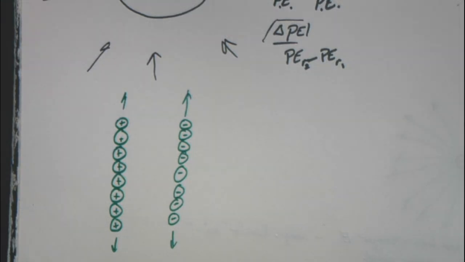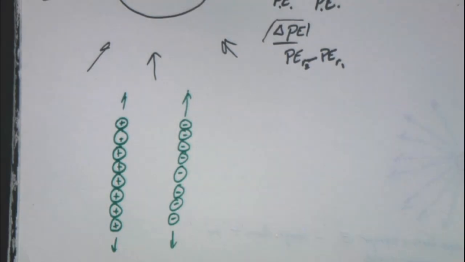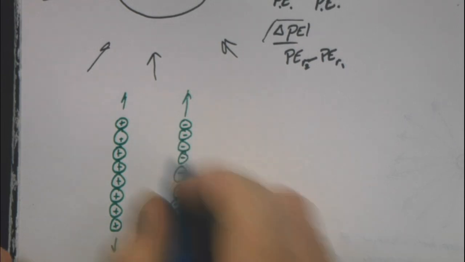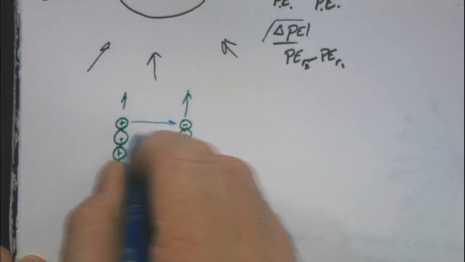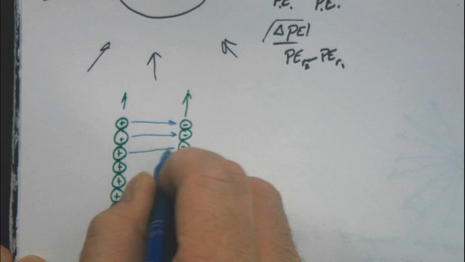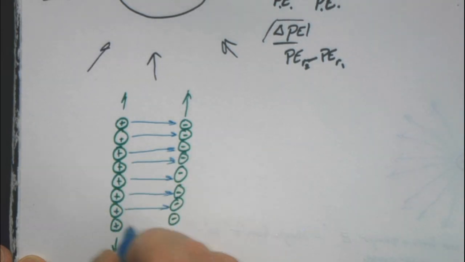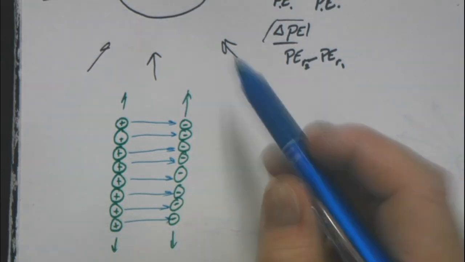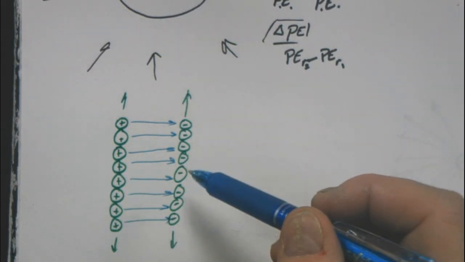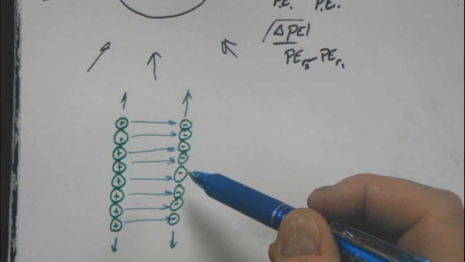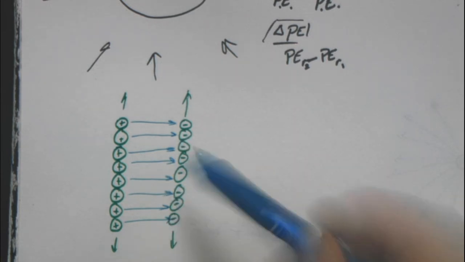We have a length of positive charge here, and a length of negative charge over here. Our field is going to go in one direction, right? Okay. So if our field's all going in one direction,